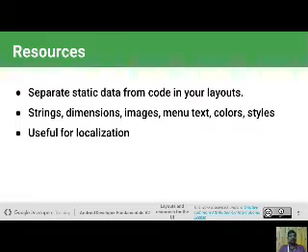String, dimension, image, menu text, color, style, useful for localization, means that they are attached directly to your Android project, and when it is built into the APK file and you install it, they are present in your phone and automatically attached to your app and directly called from the APK file.